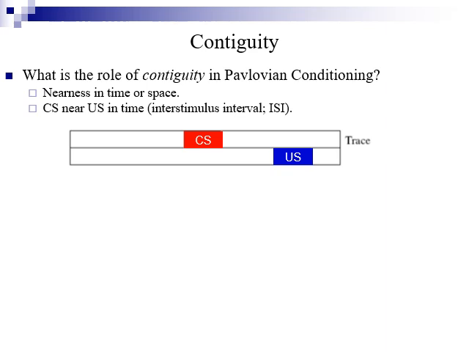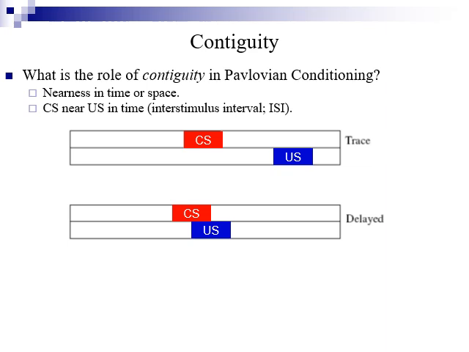So let's look at examples of our conditioning procedures here. In trace conditioning, we have the CS preceding the US, with a delay in between. With delayed conditioning, the CS precedes the US, but they overlap. There is no delay in between. How do we measure the interstimulus interval? In the case of trace conditioning, well, that's relatively straightforward, right? We just look at how long is the delay. And so we measure the time between when the CS turns off and the US turns on. In the case of delayed conditioning, we measure the time between when the CS turns on and the US turns on.